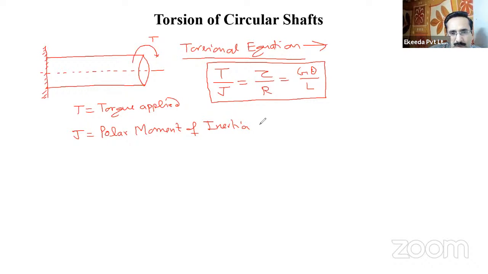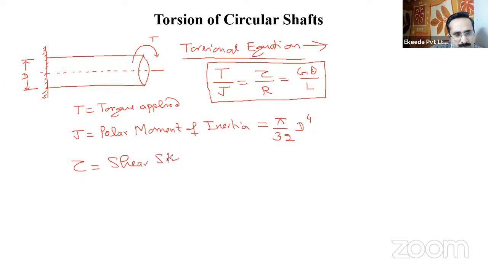The value of this for a circular shaft is, suppose the diameter of the shaft is D, J is given by pi by 32 D to the power 4, right? I hope that you know this. Tau is the shear stress